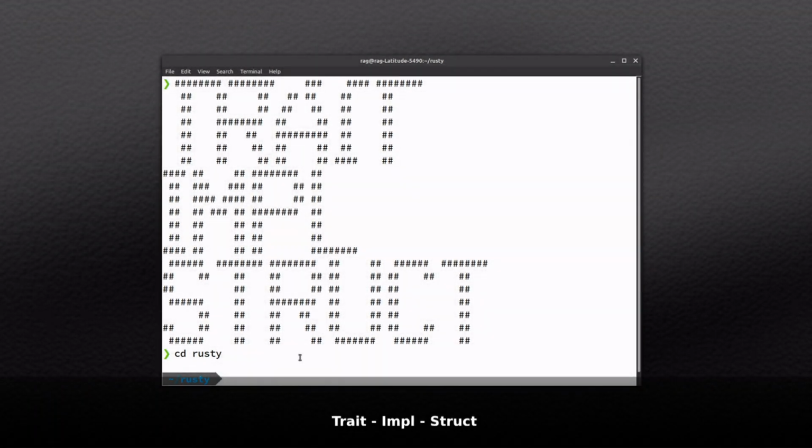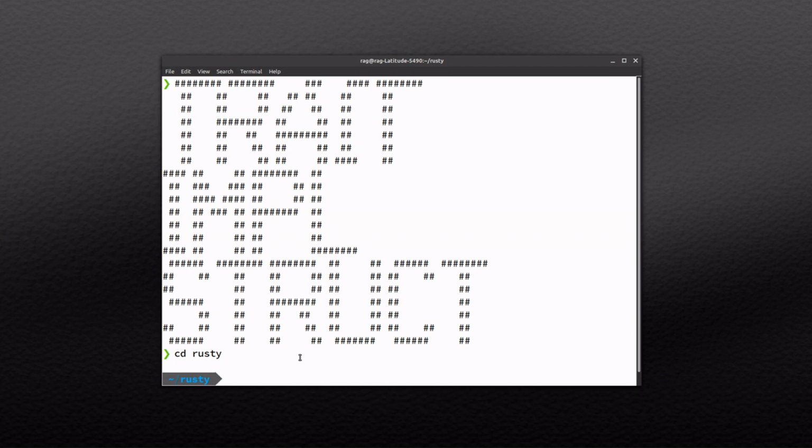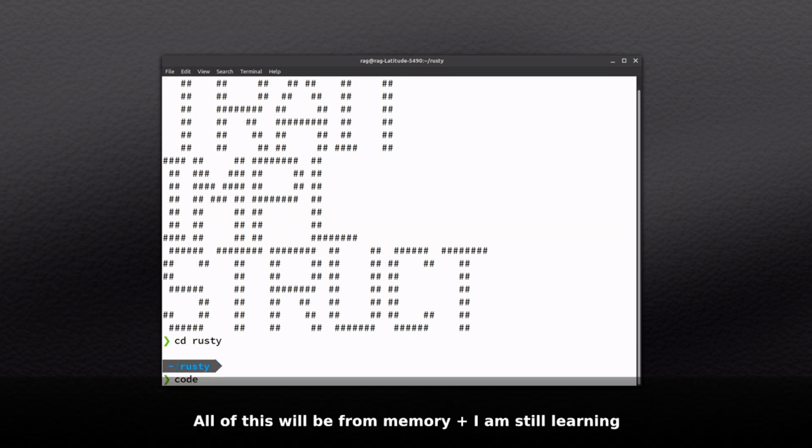Hello, so in this video I'm going to create a new project using cargo, and I'm going to write some structs, some implementations and a trait. So let's get started, and we will do cargo new tube